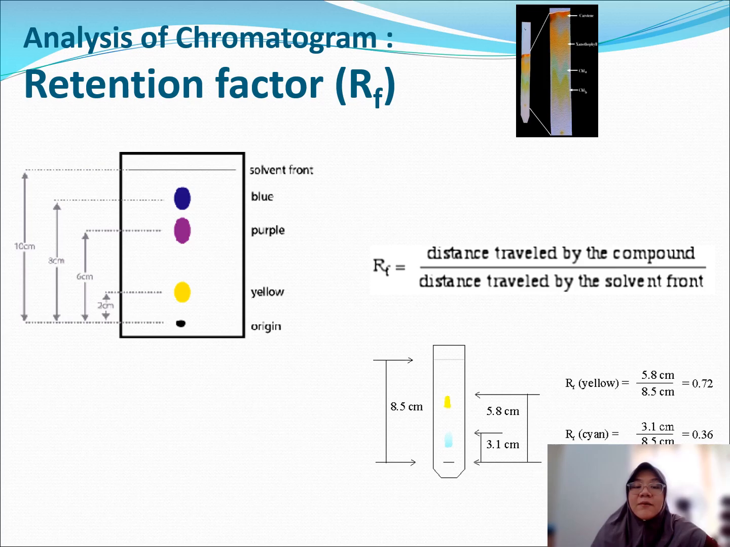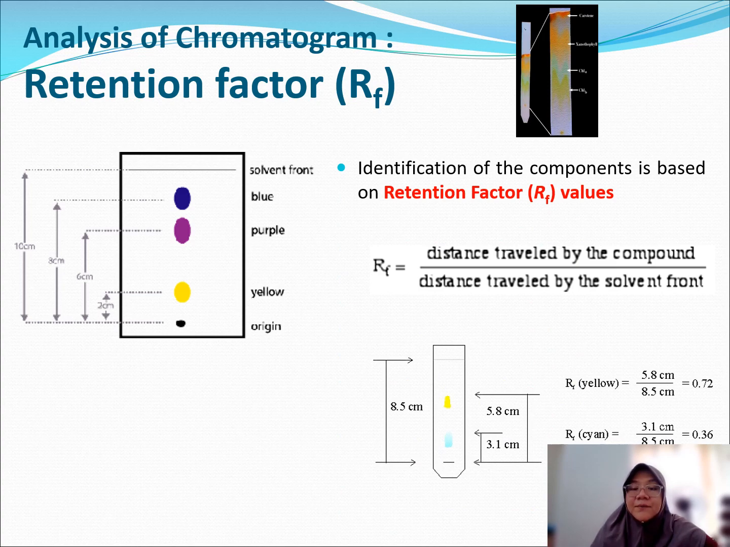So usually the variable that is measured is the retention factor. The retention factor is calculated by using this formula: distance traveled by the compound divided by distance traveled by the solvent front. Because the solvent moves up, using this formula we take the movement of, for example, the yellow pigment here, 5.8 cm, divided by the length of the solvent or